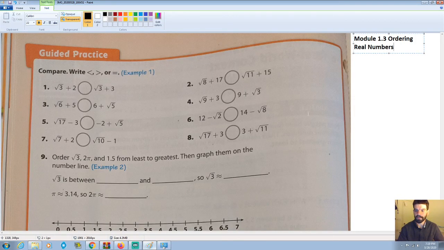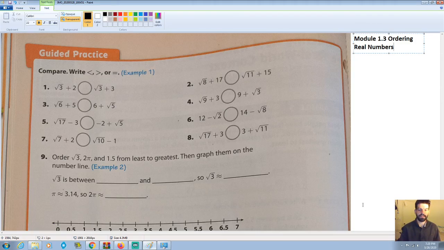So in this video we're going to be continuing with Module 1 of the 8th grade Common Core curriculum. This is going to be section 1.3, which is ordering real numbers. In this section, what we're trying to do is compare expressions that involve irrational numbers or other types of real numbers and determine whether they're greater than, less than, or equal to other expressions involving those same types of numbers. So the strategy that we're going to take here is using kind of a number line technique